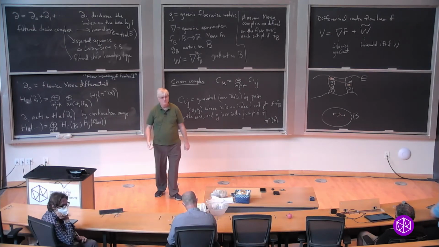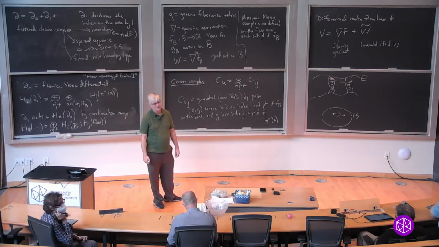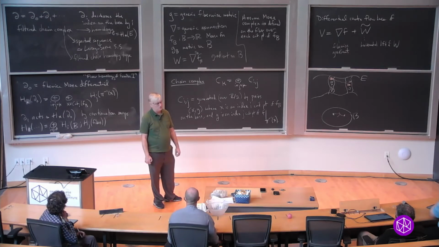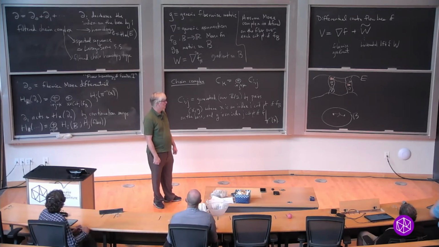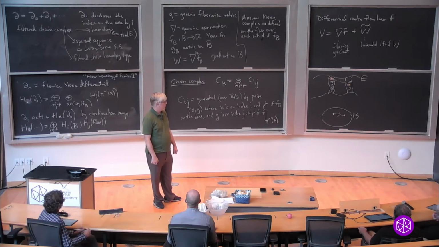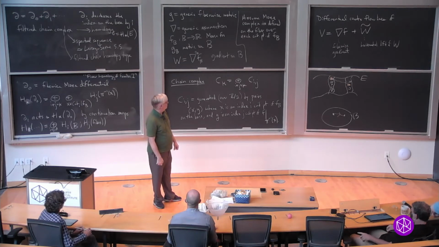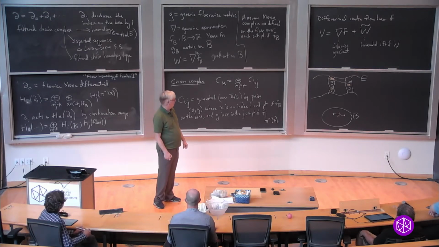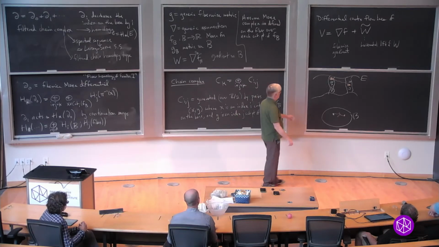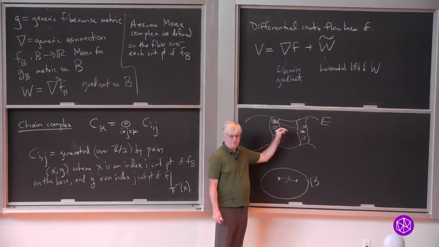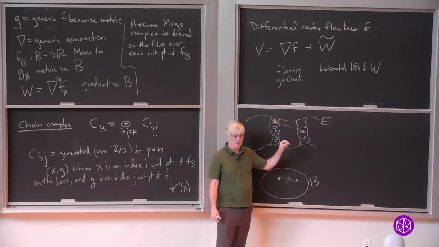If you wanted to do the homework problem to see that this actually computes the homology of the total space, what's the slickest way, assuming you know Morse homology computes the homology? I would imitate the proof. For any critical point in here, you look at the descending manifold with respect to this vector field W. I can't remember if that's the stable or unstable manifold. Anyway, you look at that whole manifold,